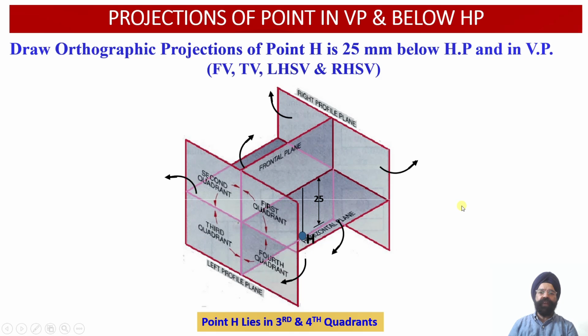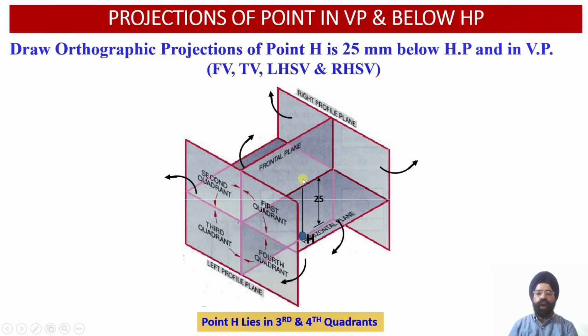So this way we will be able to locate all the orthographic projections in the same plane of orientation. Now when we look at this object from the front view orientation, we observe that the front view projection of this point will be located on the vertical plane 25 mm below the horizontal plane. Now when we look at this point from the top, we observe that